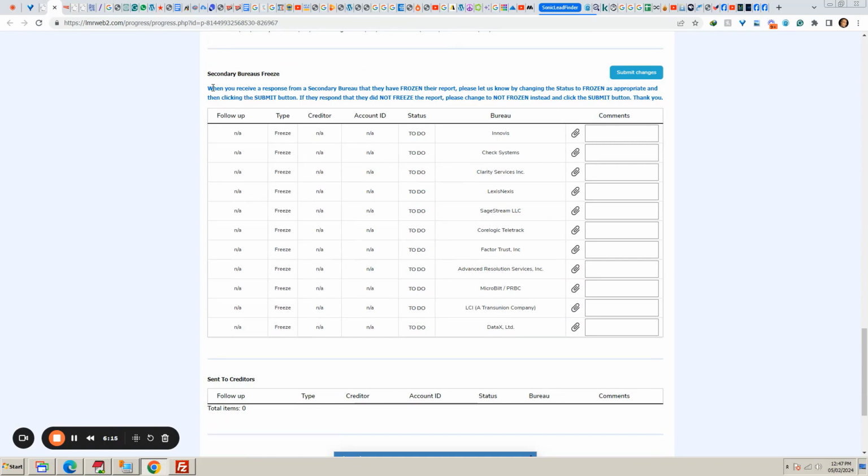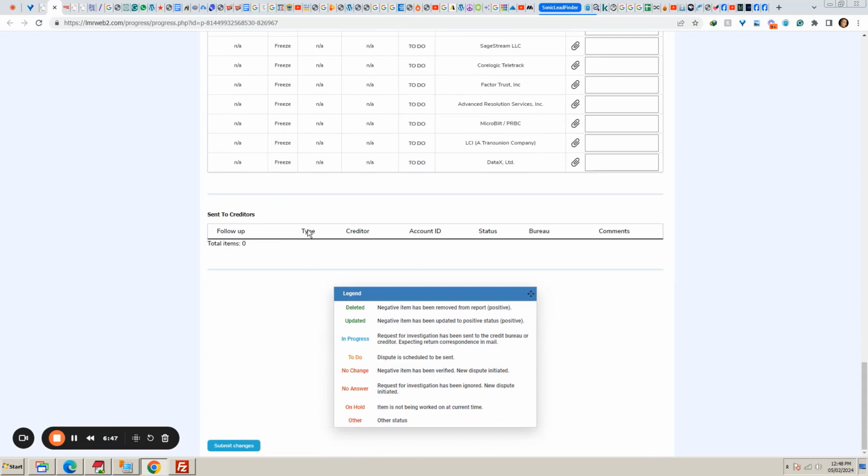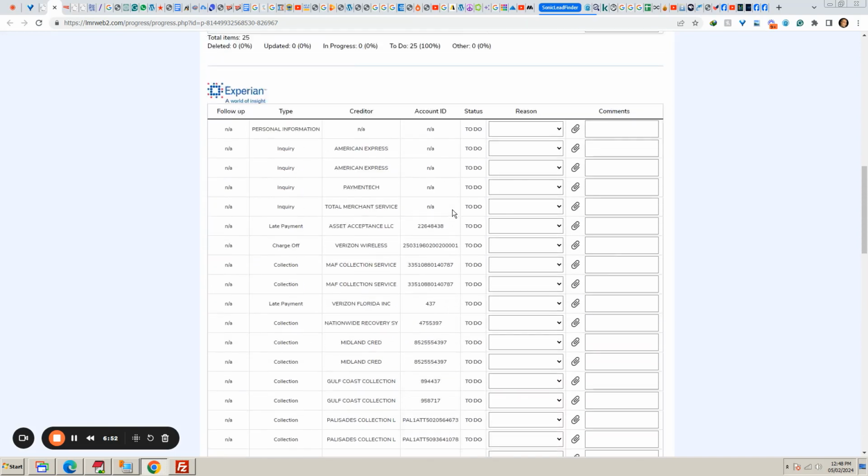And also here in the secondary bureaus, well, still they cannot change the status because they are to do. When the status is sent, that means that you send the letter, they can change the status to frozen when they receive the response from the credit bureaus, and not frozen when they receive a response that says they didn't do it, like it happens with LCI frequently. Same thing, you're going to show the send to creditors. All this, again, is to explain what